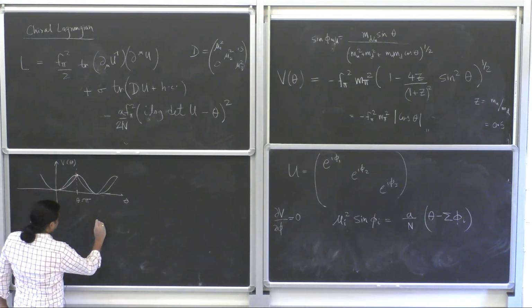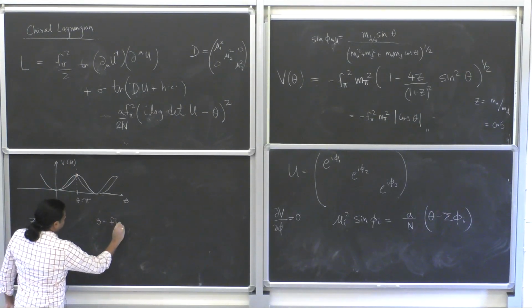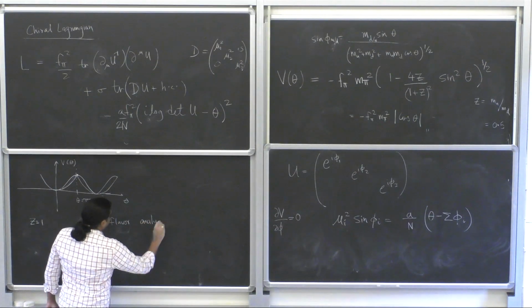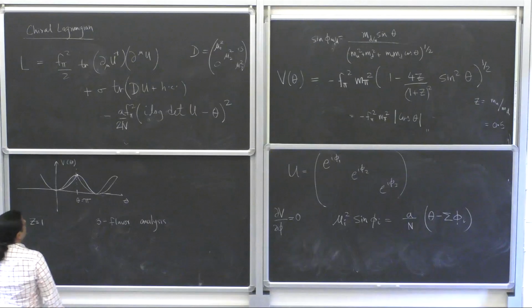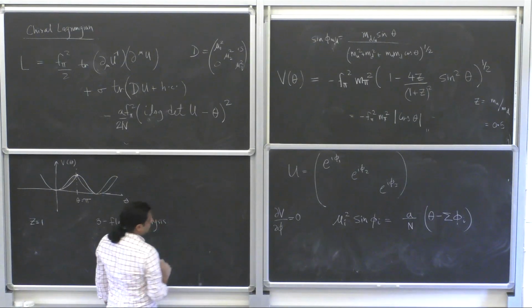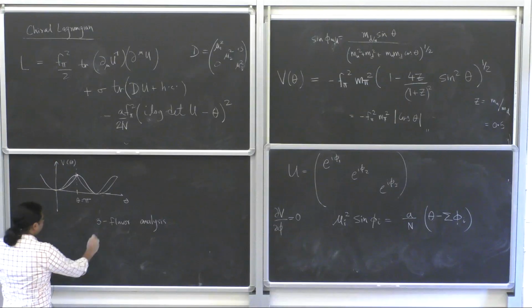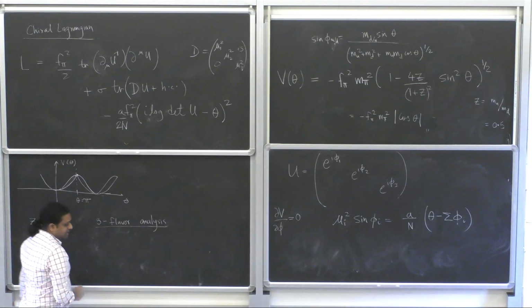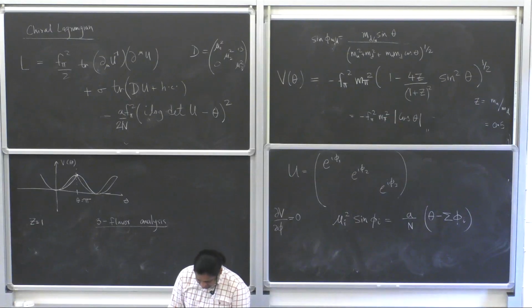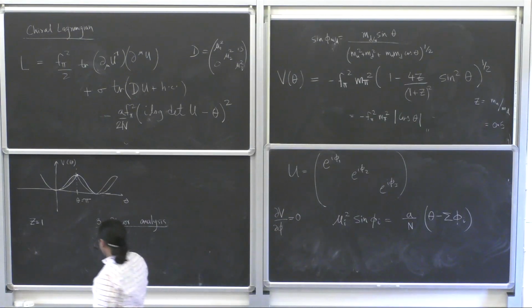We can actually do the three flavor analysis, so don't throw away the strange quark. And in the three flavor analysis, what you find is that you have these cusps if a certain condition is satisfied, which is, if